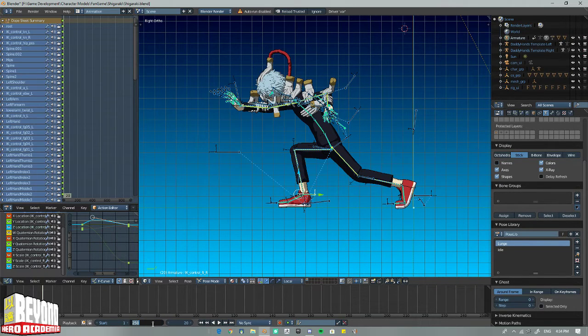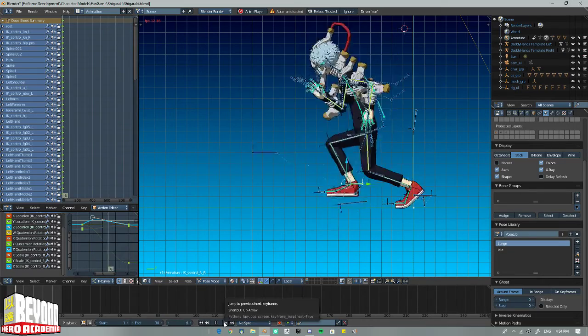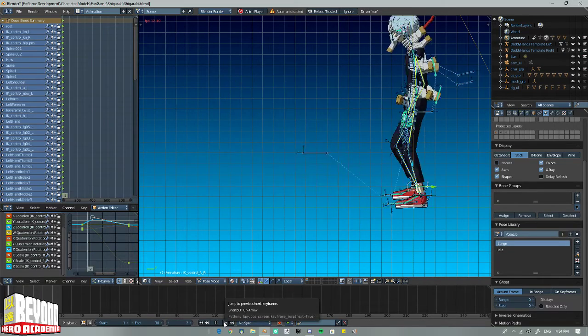Let's make the end. Should I make the end frame 30 or frame 20? I can always shorten the animation if I have to. Okay, so...